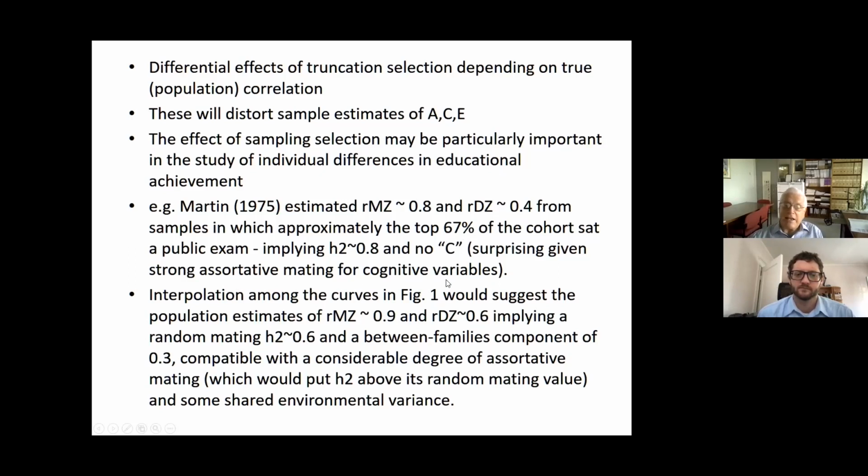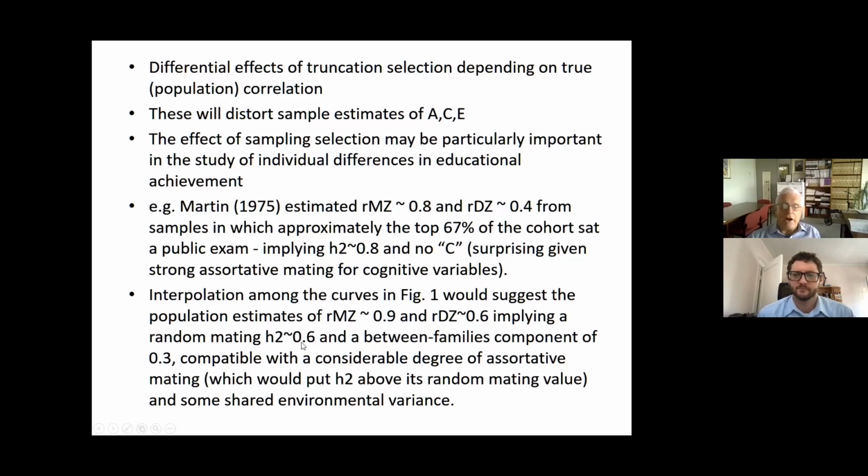And in twin studies, assortative mating looks like C. That's another whole lecture on that topic. I'm sorry to just skim over it like that, but it's an important point, which I hope someone else will cover. But interpolation amongst the curves in figure 1, which I've already just shown you, would suggest that the real population estimates are about 0.9 and 0.6,